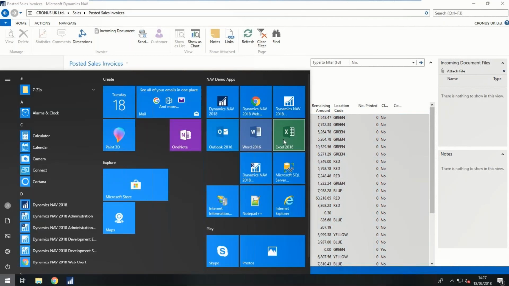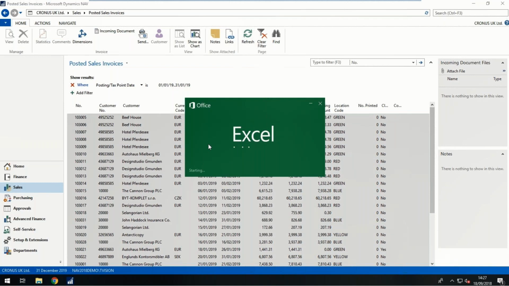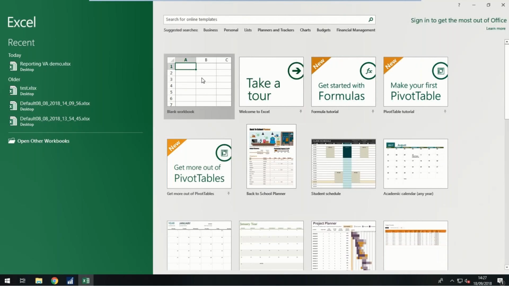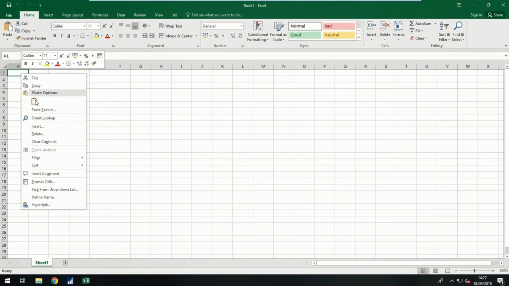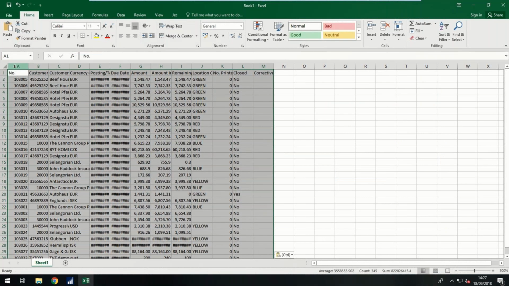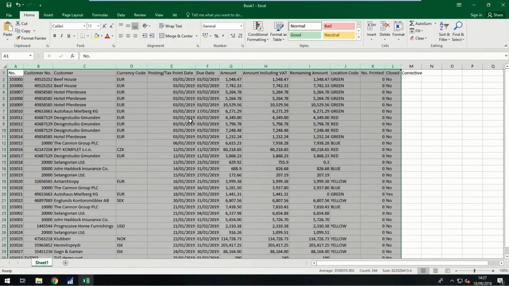and I can paste this information into Excel. This is available on all versions of NAV, so I'm just going to paste here, extend those columns so we can see them. And this is the exact same information that I was looking at on my screen, the exact same columns sorted